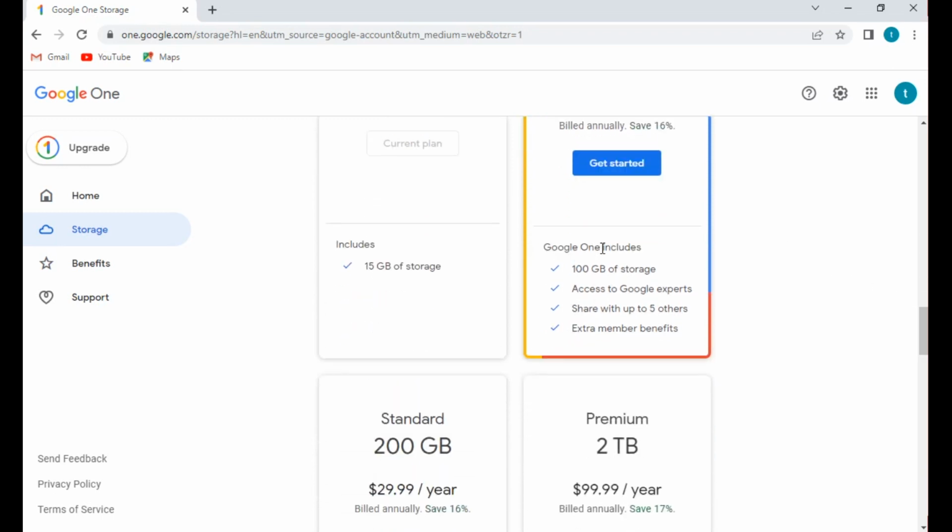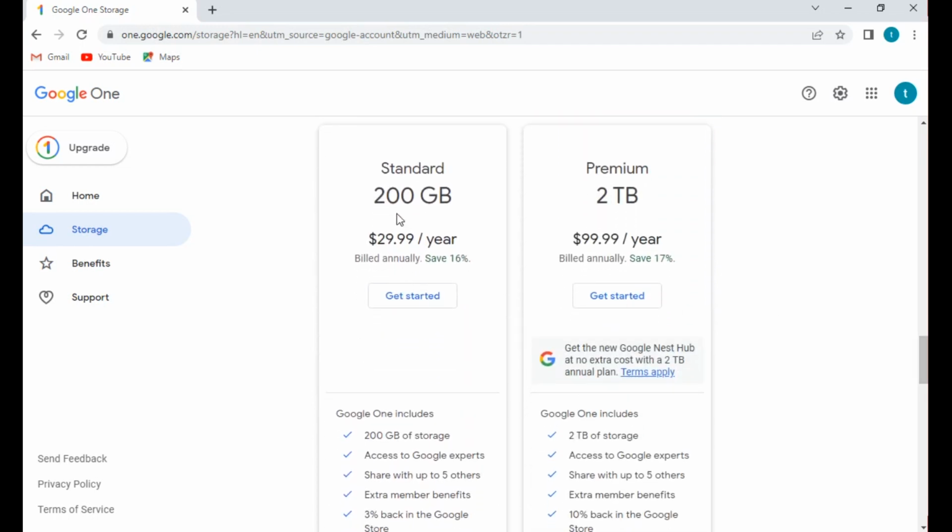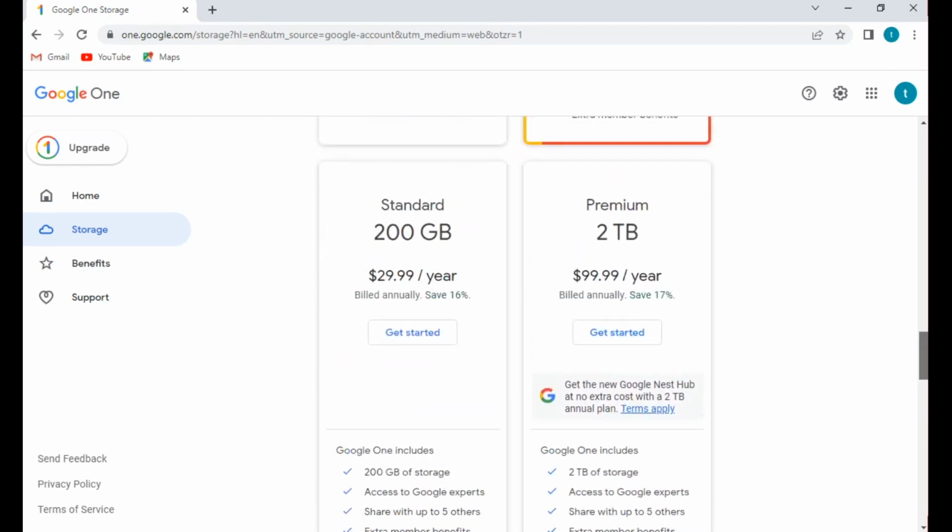Google One includes 100 GB of storage, shared with up to 5 other extra members. The standard plan yearly is $29, meaning about $30 per year, and you save 16% billing annually.